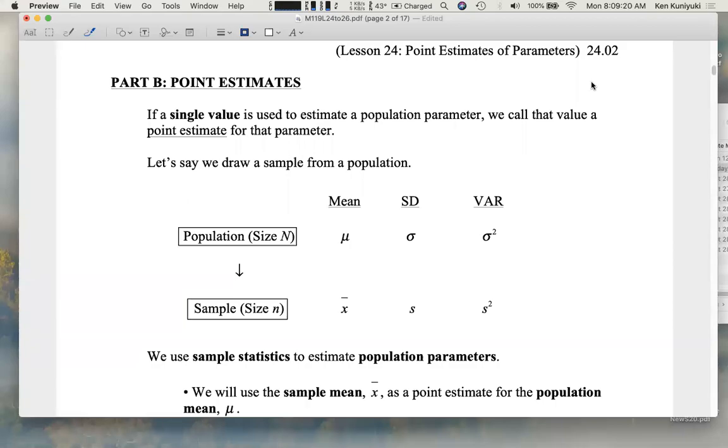Hi everyone. We're now going to talk about point estimates for population parameters. If a single value is used to estimate a population parameter, we call that value a point estimate for that parameter. So for example, if I were to ask you, what was the average or mean number of Netflix videos